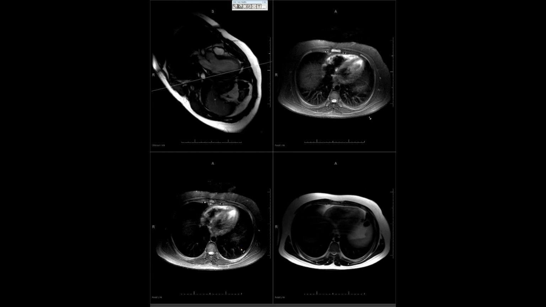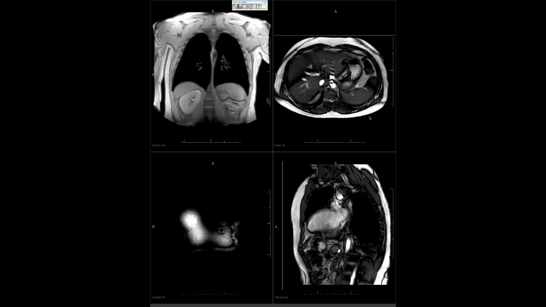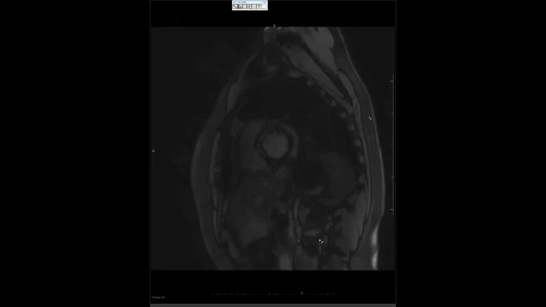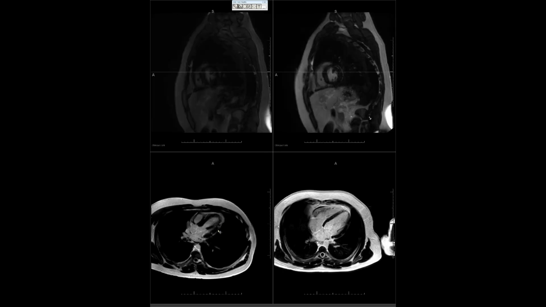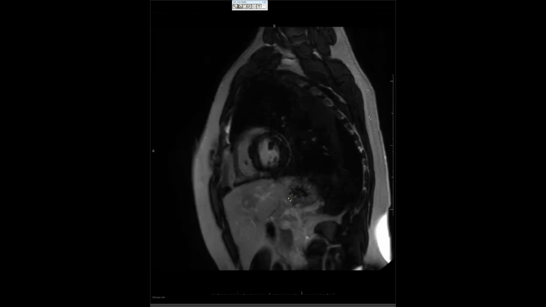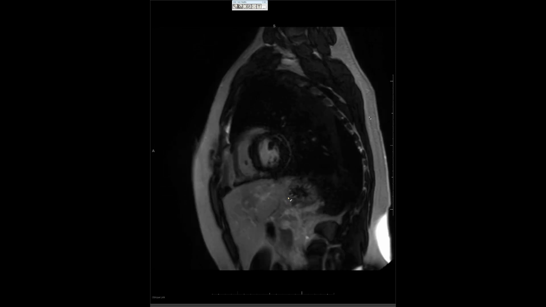He got a little Ativan for anxiety, and he had difficulty holding the breath, so he came back a day later to do the post-contrast imaging. On the post-contrast imaging, the delayed enhancement appears to have increased in area in a couple of slices. The only positive factor in his blood work both times was a positive UDS